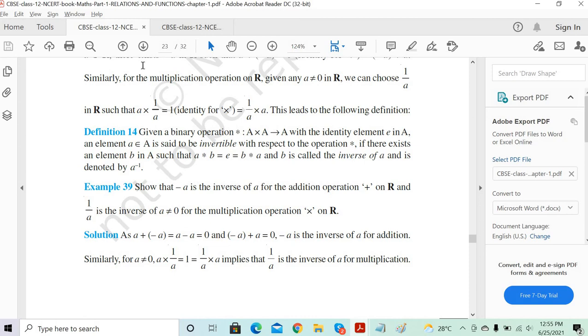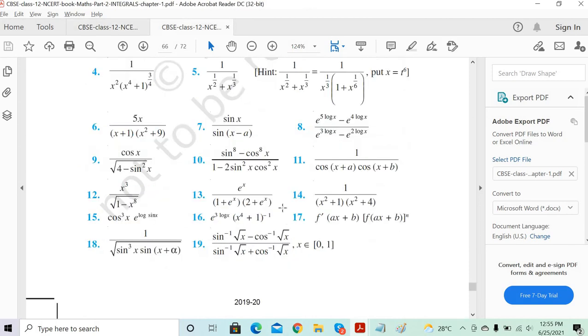Okay, read out the 14th one. Yes, Vijay, in this one I split the numerator and denominator. I got sin power 4x plus cos power 4x into sin power 4x minus cos power 4x in the numerator. And the denominator, I got sin square x plus cos square x minus 2 sin square x cos square x. So I'm not really sure how to proceed from here.